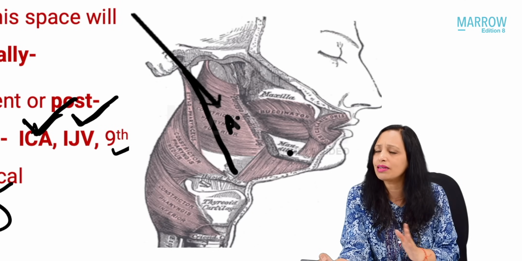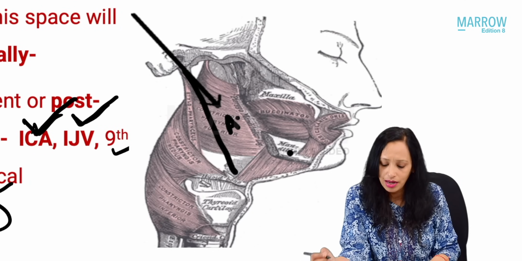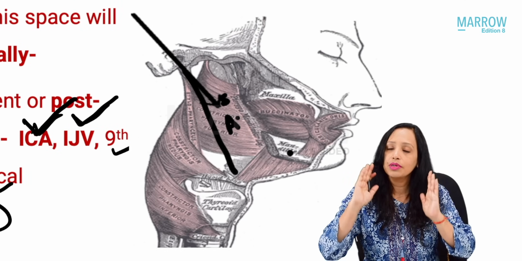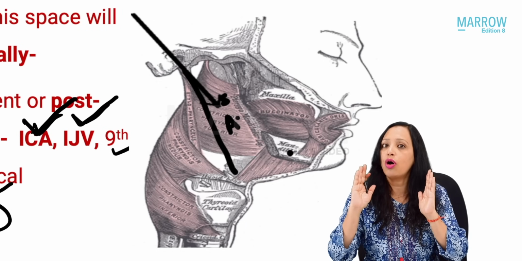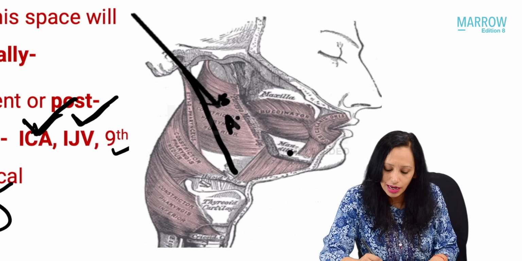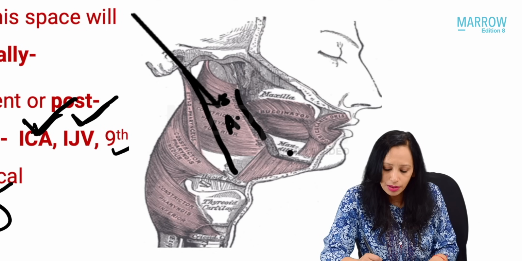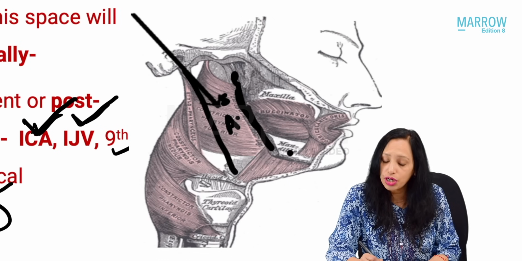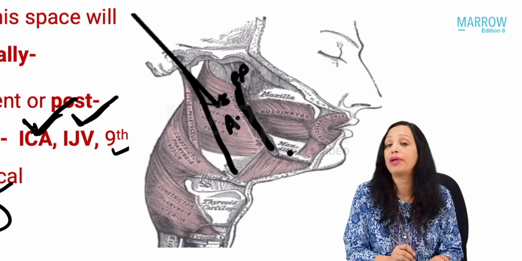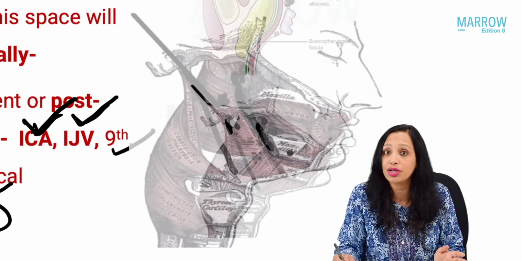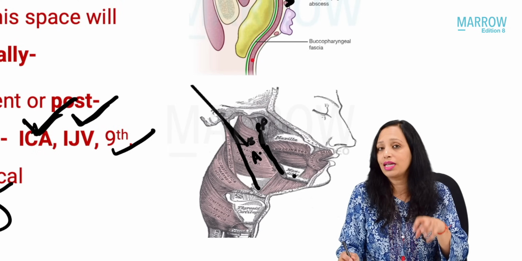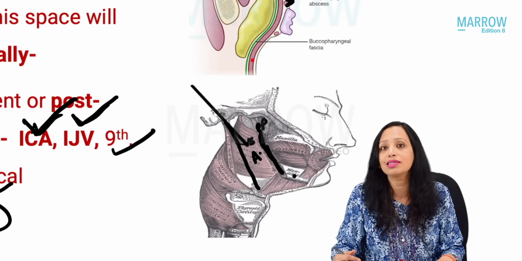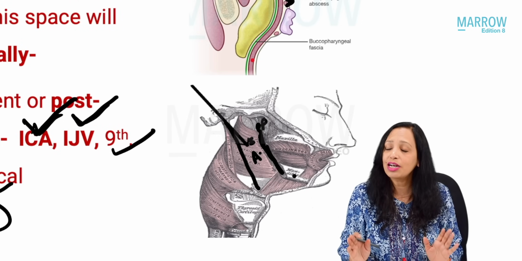So, do we have masticator muscles in relation to the anterior compartment? Yes, this is the superior constrictor muscle that forms the constrictor muscle, the circular muscle of the lateral wall of the pharynx, and that attaches to the pterygomandibular raphe. That means it attaches to the pterygoid. It is in close relation to the pterygoid plate, and on the pterygoid plate are attached the medial pterygoid and lateral pterygoid, right? So, if there is any involvement of the anterior compartment, it can in turn lead to spasm of the masticator muscles leading to trismus. Is that very, very clear?